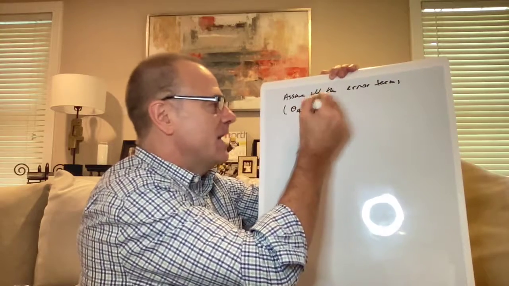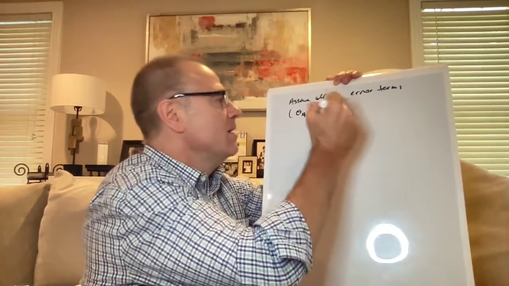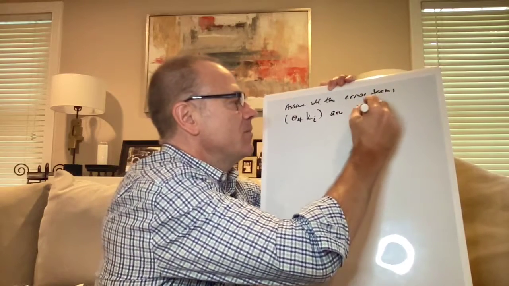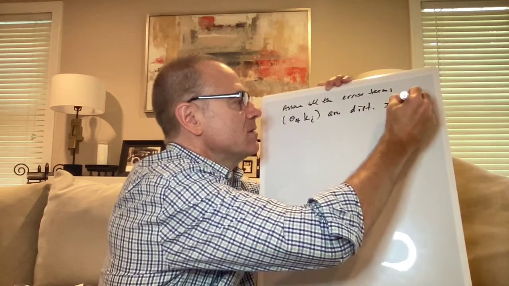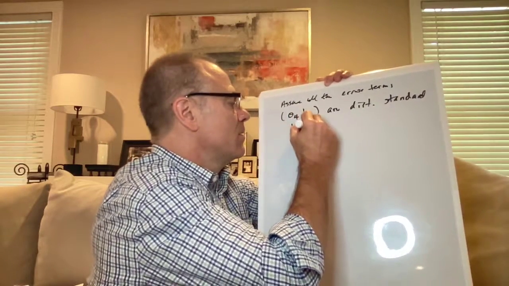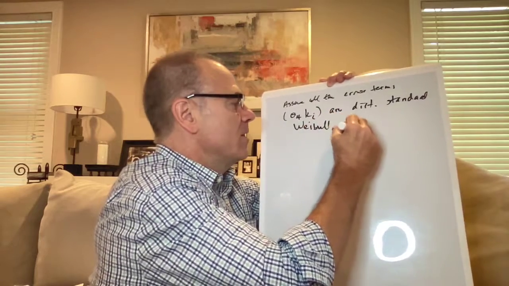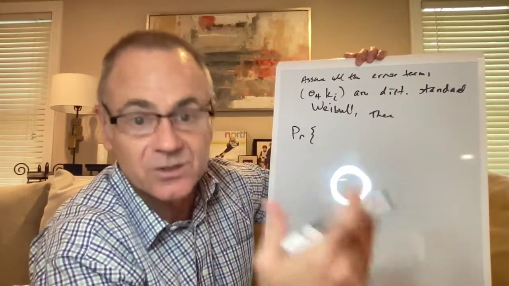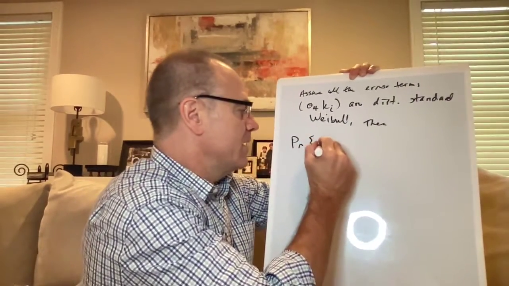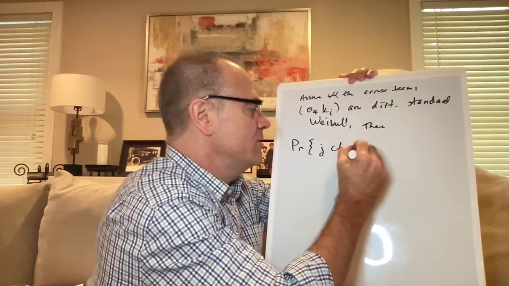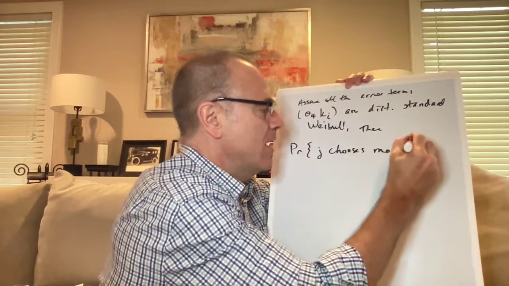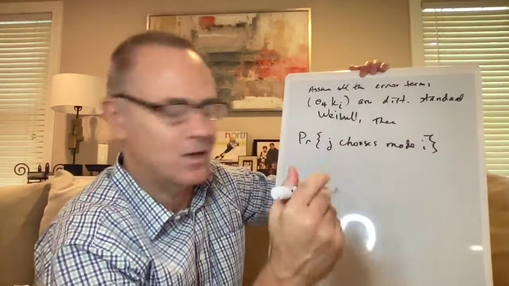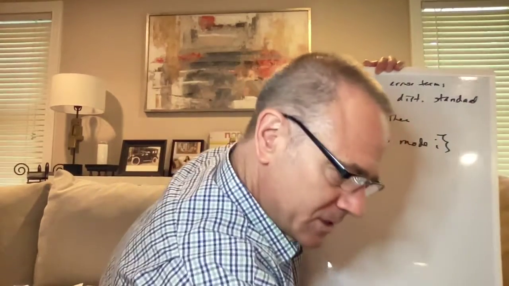Actually, there's a superscript j, because if we're talking about consumer j, the error terms are distributed standard Weibull, then the probability, so I'm going to just pick a generic consumer j, the probability j chooses mode I. Mode I is a form of transportation, BART, car, bus, so on, equals,